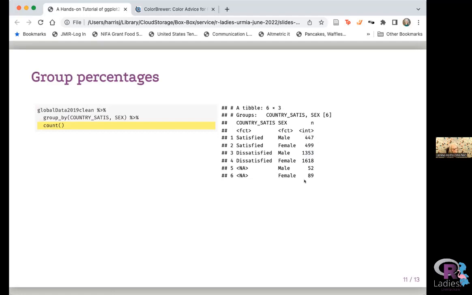So you can use this information now to get percentages. Out of everyone who's satisfied, it looks like it's about half males and half females, a little higher percentage of females than males. To get that percentage, and this is important, you might want to type this in your R Markdown file somewhere, you want to group it by